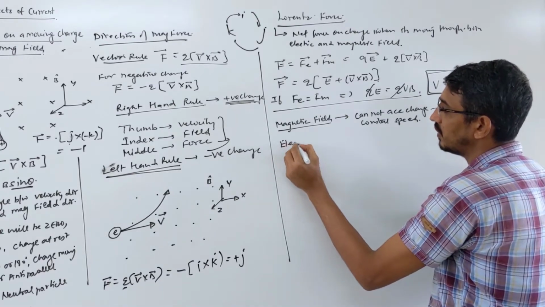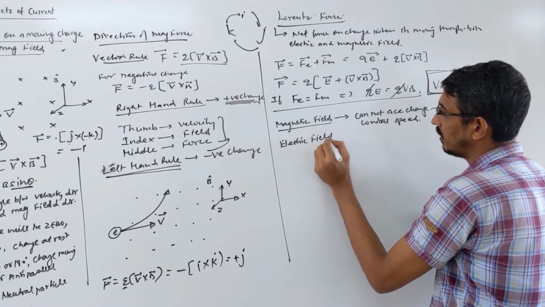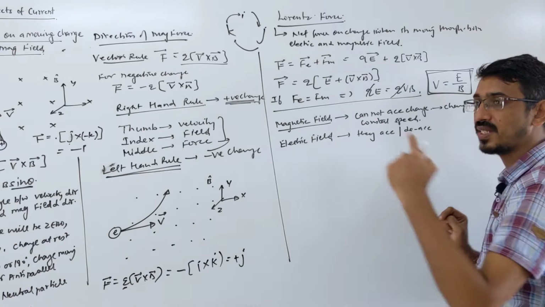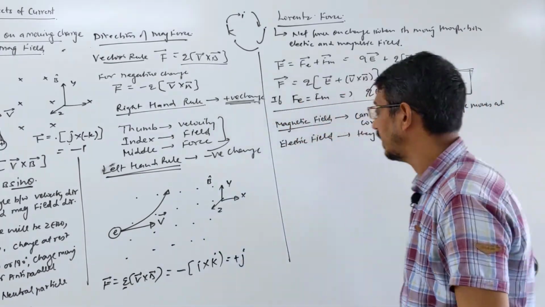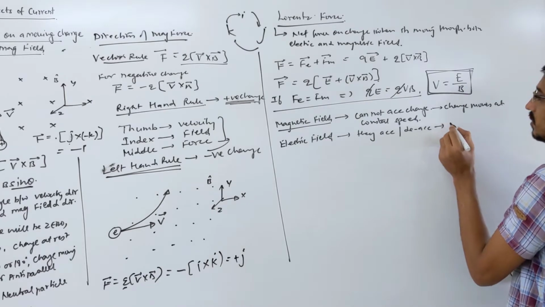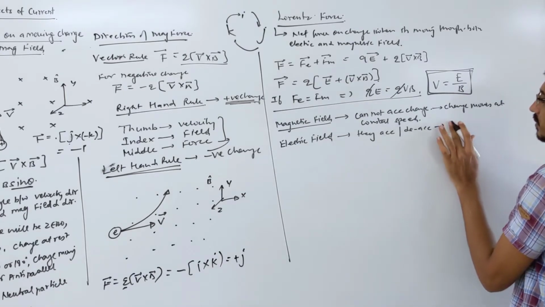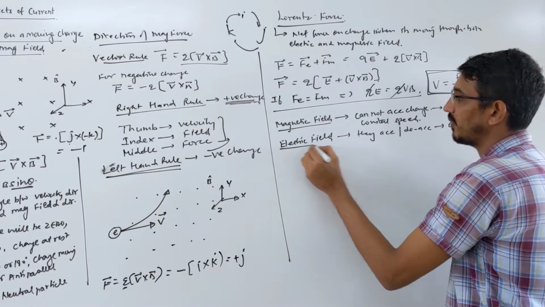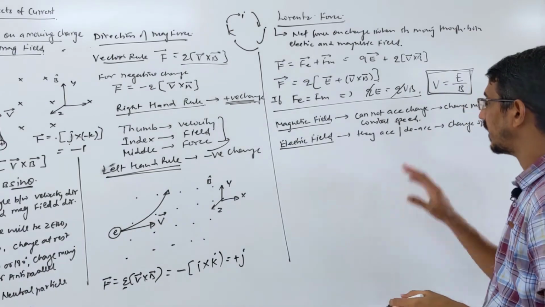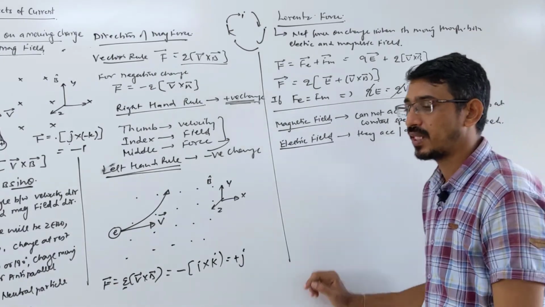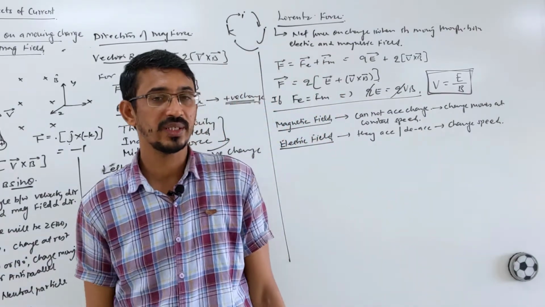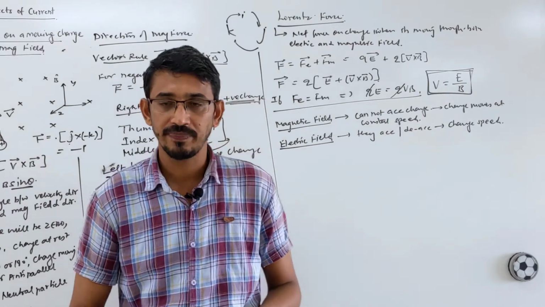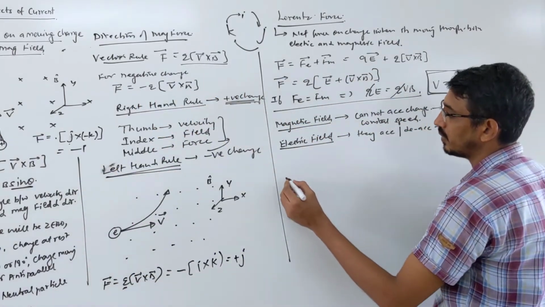So inside a magnetic field, a charge always moves at a constant speed. But what does the electric field do? It accelerates your charge. It can accelerate or decelerate also. It can increase the speed or decrease the speed of the particle, right? So it can change the speed. Who can change it? Electric field, or you say electric force, right? That's very important. One question was asked many times in our exam, that some charged particle is moving through electric and magnetic field, and we want to move this charge in a straight line, then what conditions should be applied? Okay, so I'm writing here. Look here.